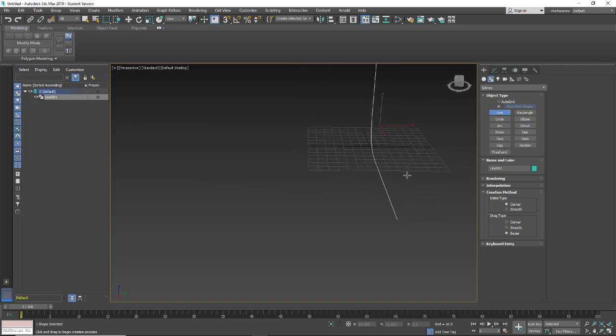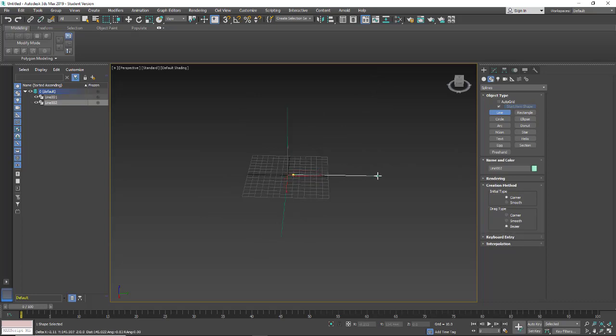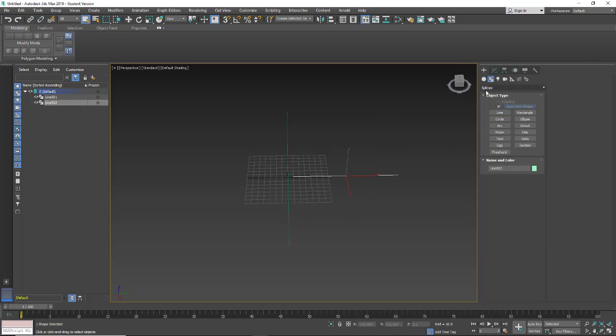And I'm going to want a straight line here. So just going to click, hold down Shift, click again, and then right click to end that function, so I have two lines, one being curved and the other being straight. And then to get out of the line operation, if I right click one more time, I'm out of that. So I'm going to go to the create menu,